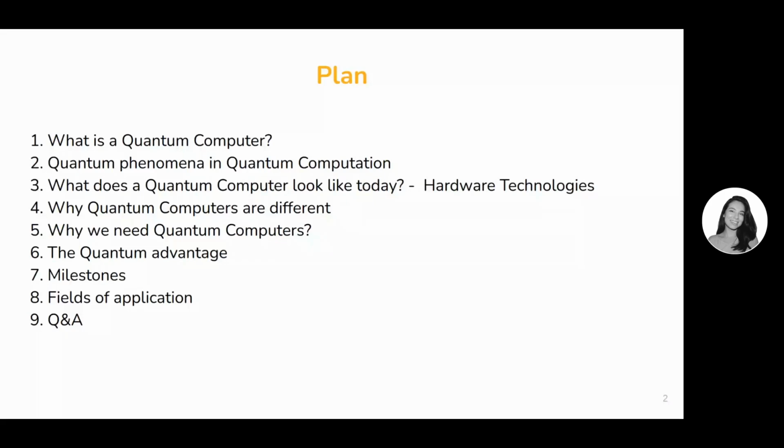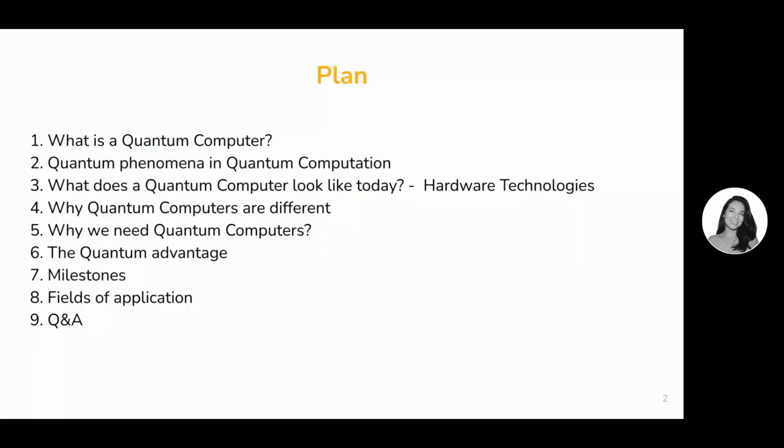Even though we are still at the very early stages of development of the machine, it would still be very interesting to know what are the hardware technologies that are currently being explored in order to build the quantum computer. So why quantum computers are different, and what is the main advantage of using quantum computers over conventional computers, why we need them, and I will go through the milestones of the quantum computing development, even though it's a